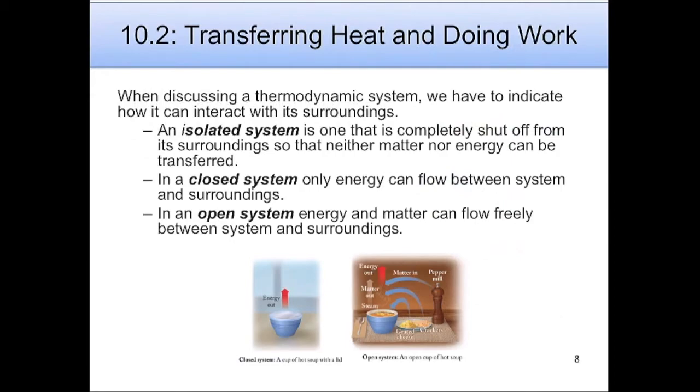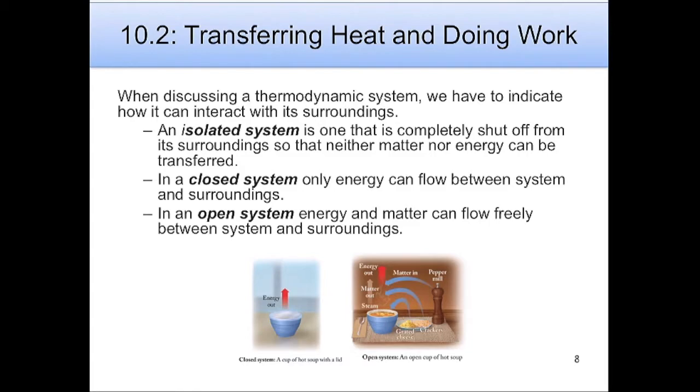Okay, so when we're discussing thermodynamic systems, we have to indicate how this system can interact with the surroundings. Thermodynamically, we speak about energy being transferred from system to surroundings, or from surroundings to system, but it's important to indicate how that can happen. There are three different types of systems that we can talk about. The first type is an isolated system, and that's one that's completely shut off from its surroundings. So none of the energy from the system can be transferred to the surroundings, and matter also can't be transferred